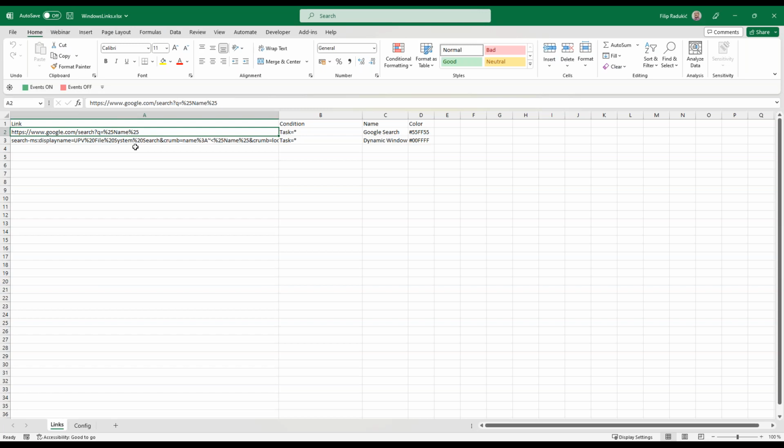So it's dynamically taking the value of an attribute of the selected object and putting it into the link when I click on it. And a bit more complicated, I did the same thing here for the local Windows search, giving it a start path to work from. So it's actually a lot easier than it looks like here. So we're giving the link a nice display name, giving it a color,